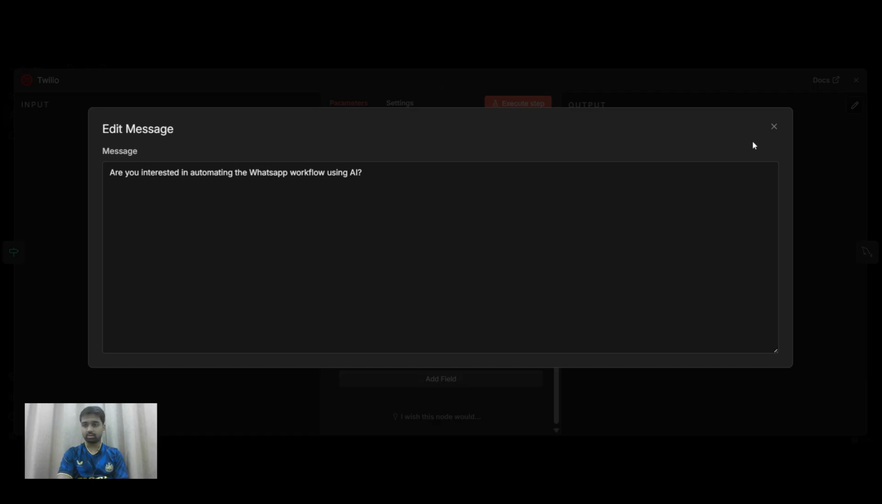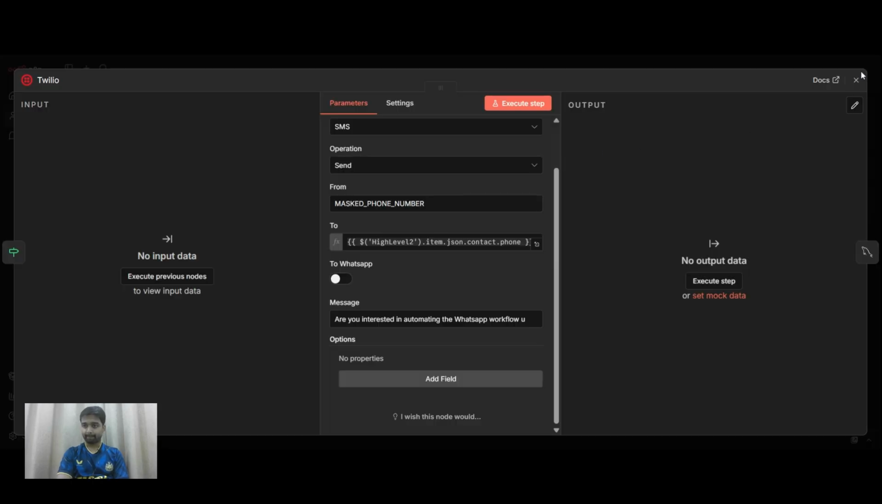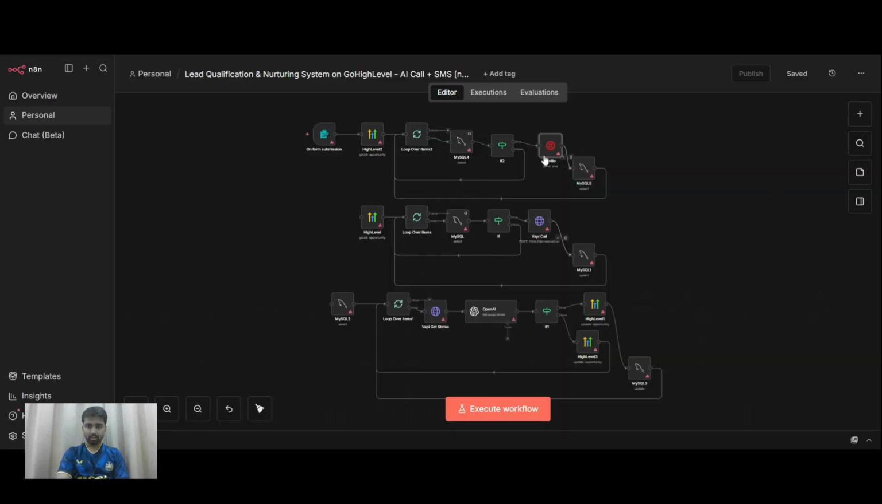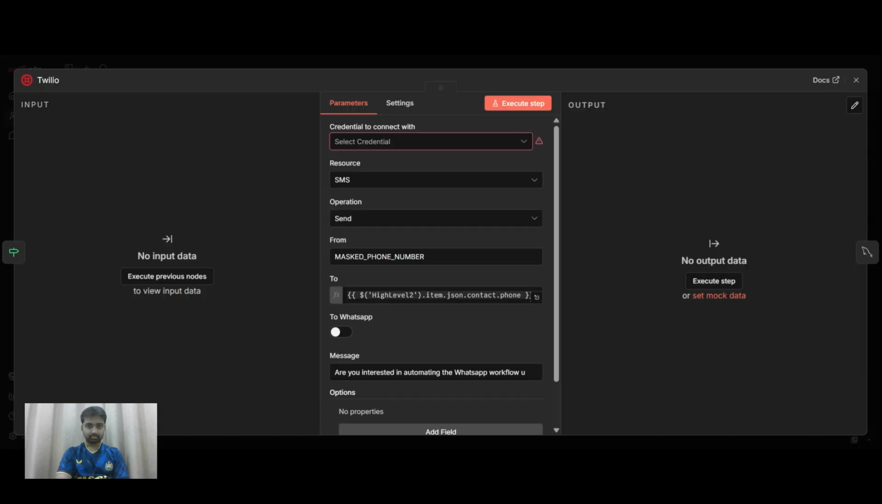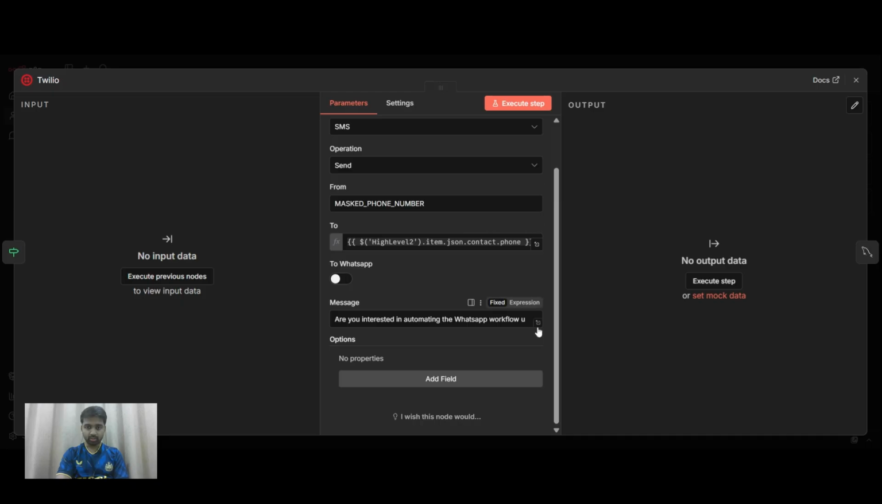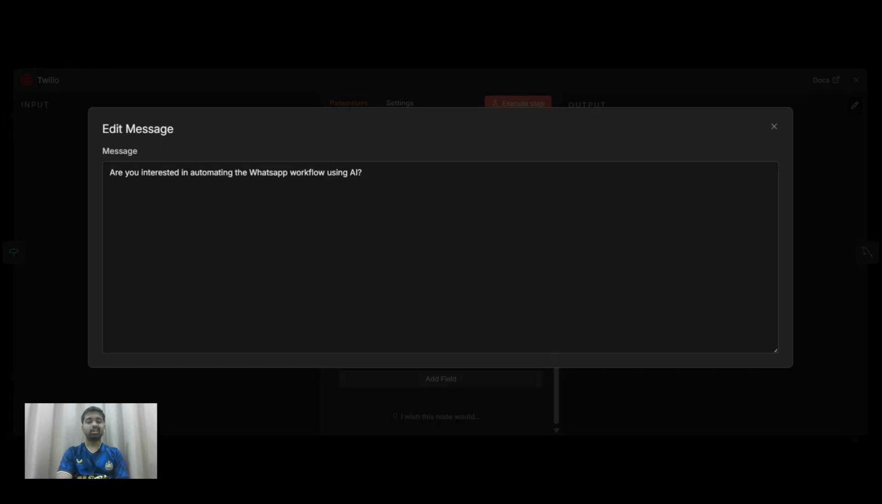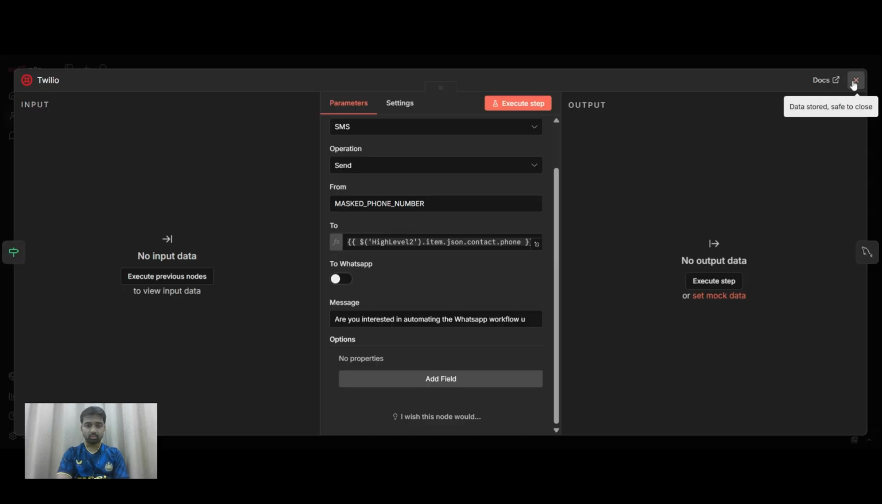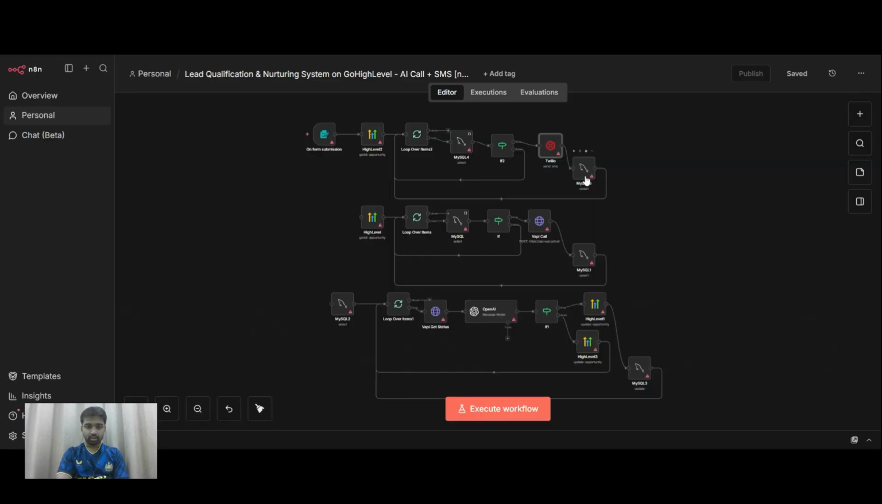Okay, I'll just increase this up, expand this. You can write this, and this message that you have written over here is going to be sent by SMS to the lead by a Twilio phone number. Okay, you can just adjust it however you want, and then for your SQL 4, you can just reconnect this to